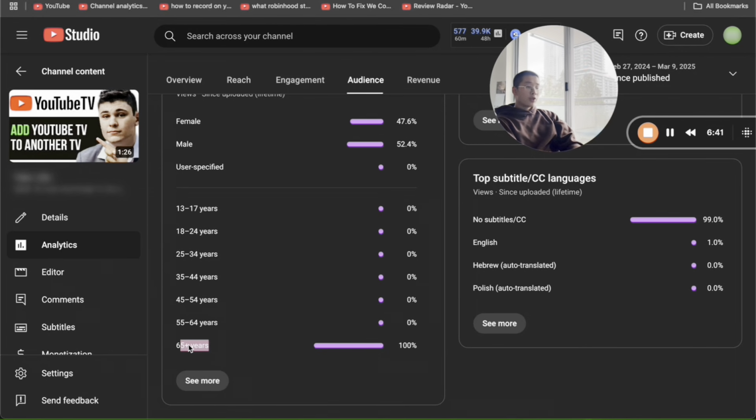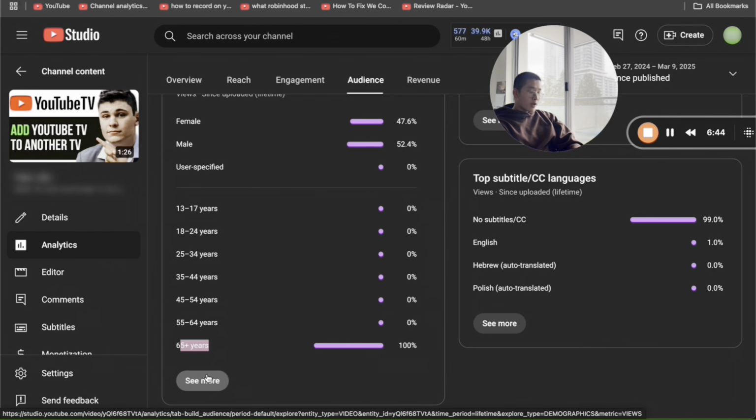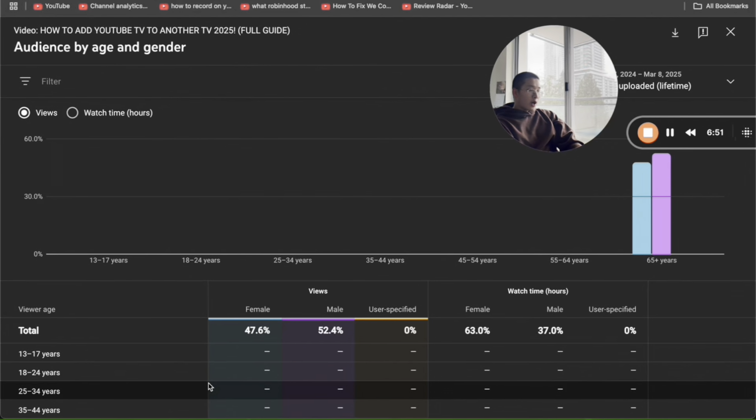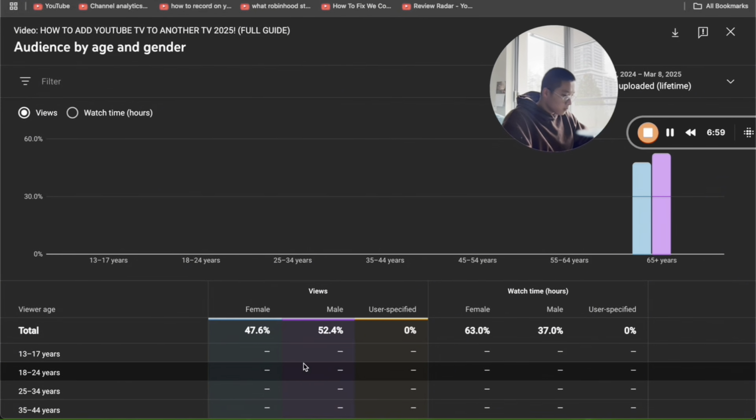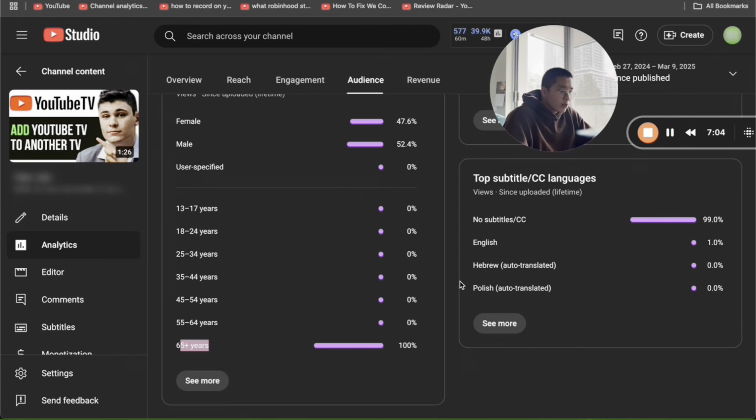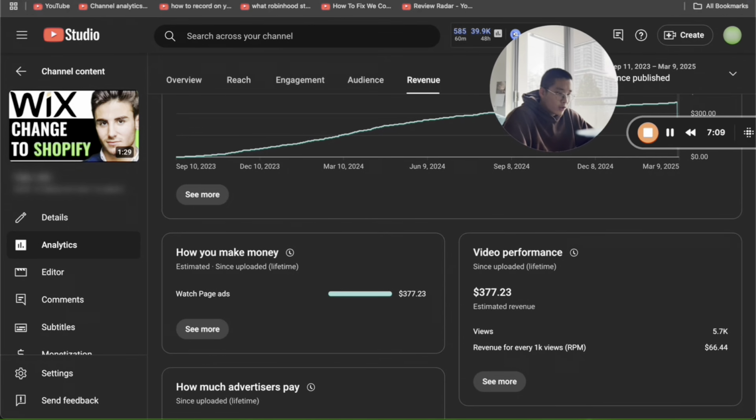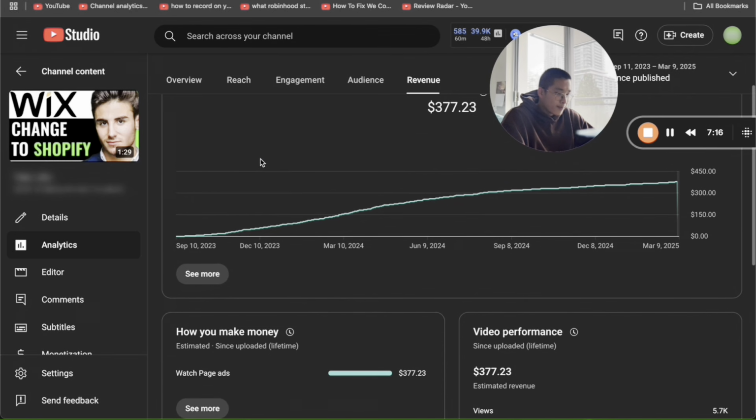And obviously, the older your audience is, the more likely they would be able to buy the ad, because the older you are, the more money you have, the more spending power you have. Then obviously the advertisers are going to spend more of their budget towards an older audience rather than a young kid-like audience, right? So that's briefly how we were able to get such a high RPM very, very consistently across this channel. And all you have to do is reverse engineer what kind of content will actually give a high spending power audience who have the budget to buy anything.